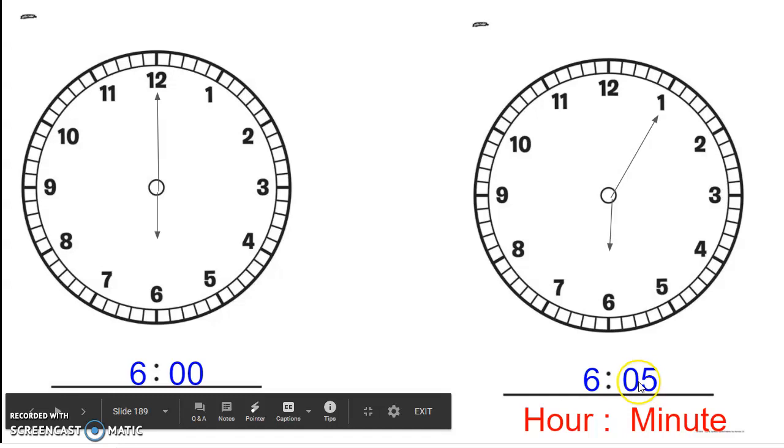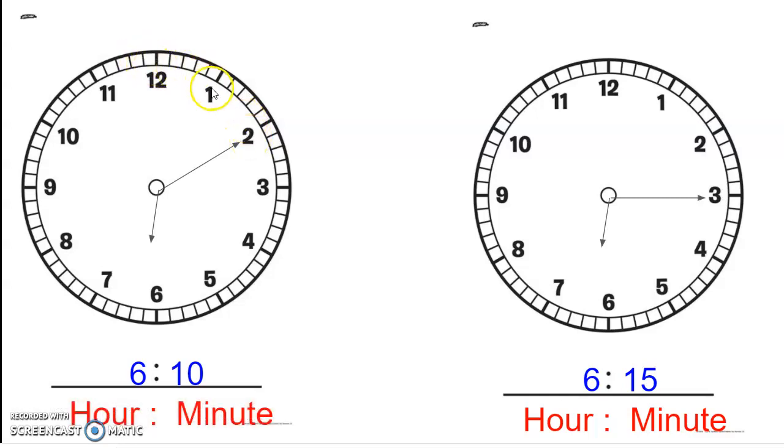Remember, the minutes are always 2 digits. And then we move to 6:10, so it's moved 5 more minutes. So it was 6 o'clock, 6:05, 6:10. Notice that the hour hand has shifted slightly forward because that hour hand doesn't sit still and just suddenly move to 7. It moves partially to 7 as the minute hand moves. It moves much more slowly. So we've got 6:10, 6:15, and you can guess it, 6:20 as the minute hand moves to the next number,